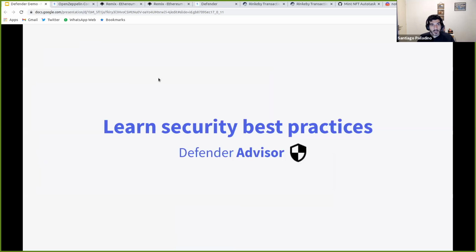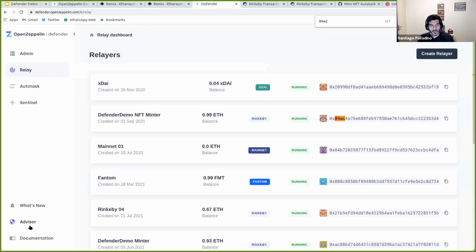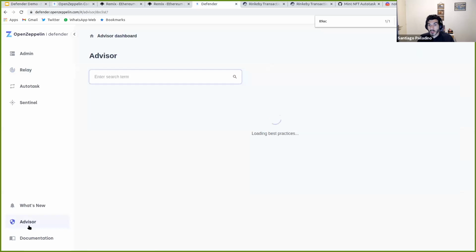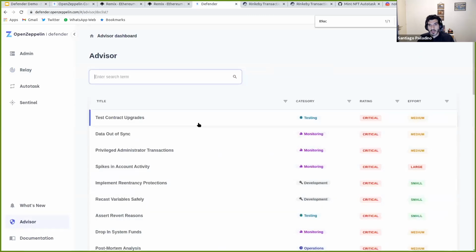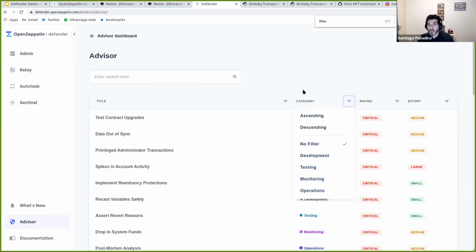The last part of Defender that we want to share today is Defender Advisor. Advisor is a knowledge base of security best practices where we have loaded information on development, testing, monitoring, or operations on smart contracts, where you can